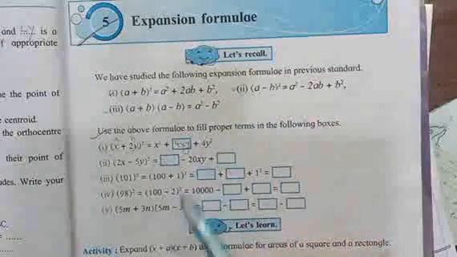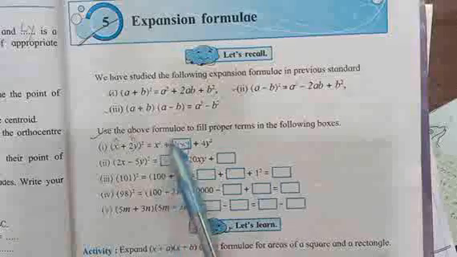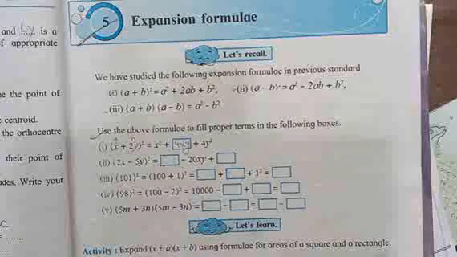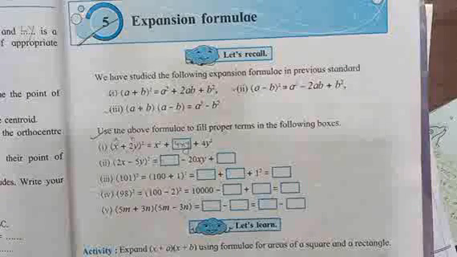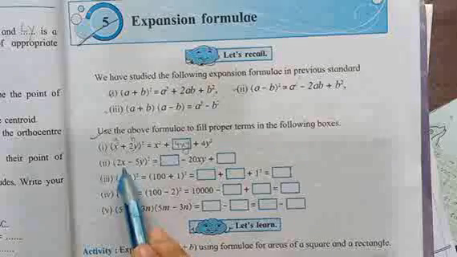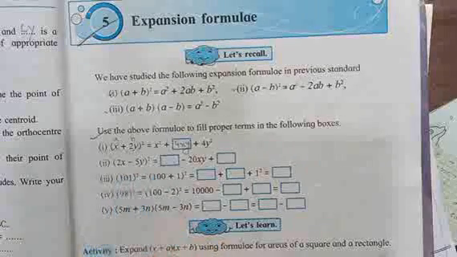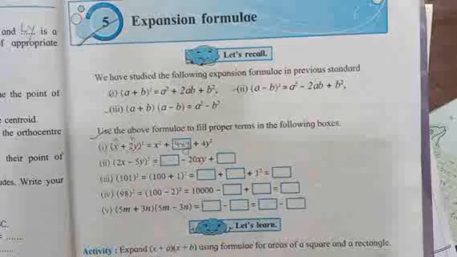Understood students? So what you have to do is, just these formulas are given. This is nothing but based upon your 7th standard only. So what I want you all to do is solve this by yourself. Okay, and any doubt we will discuss in the next lecture. So students, here you will be filling the boxes. So this is nothing but (a minus b) the whole square. So you have to just identify the formula and write down what values will come over here.